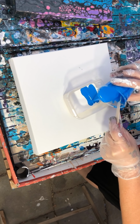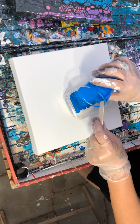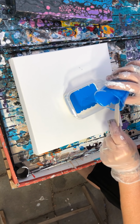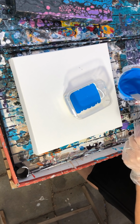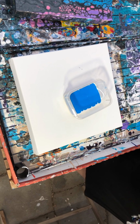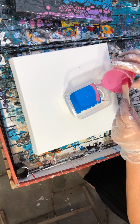I'm going to try and let it layer rather than a big pour from up high. You know that if you pour your paint from up high, it cuts through, and it's good. Well, actually, maybe I will with this, because this paint is quite translucent. So that means that you'll get really...